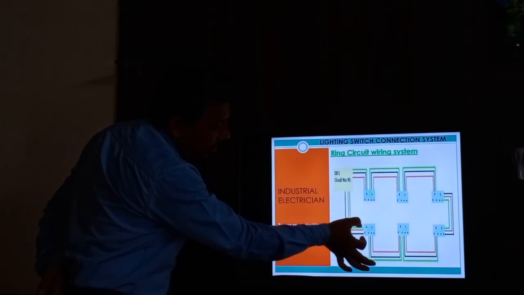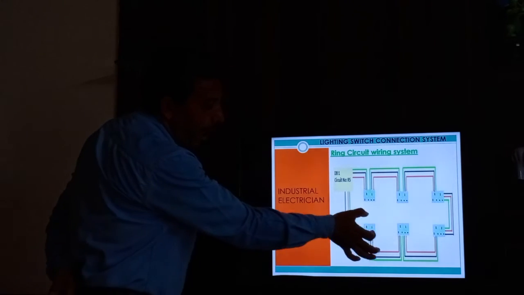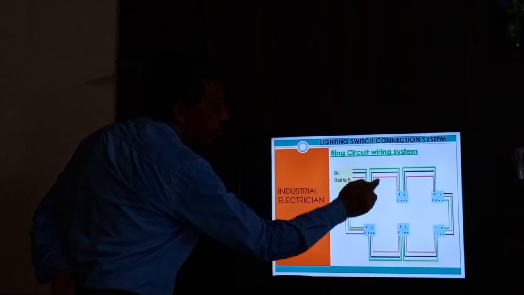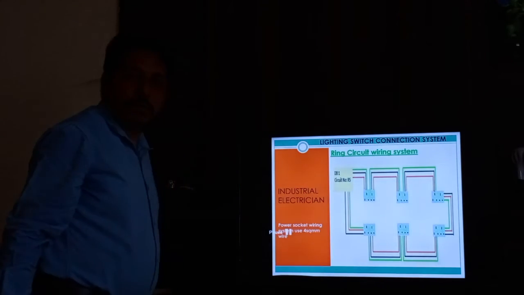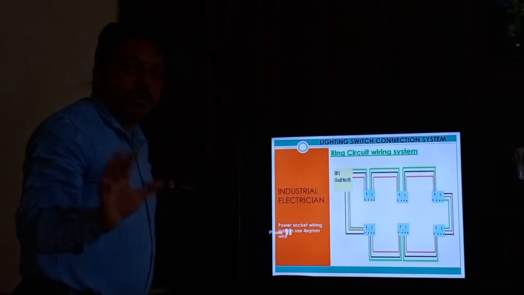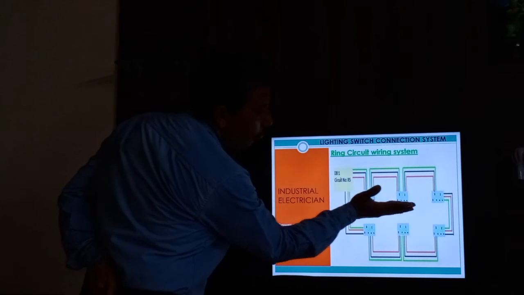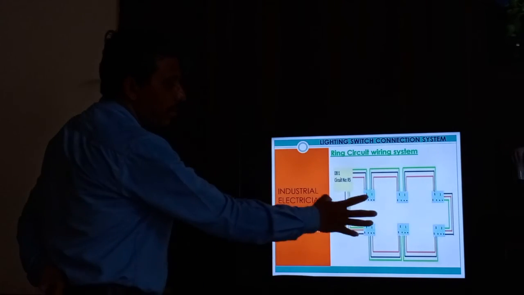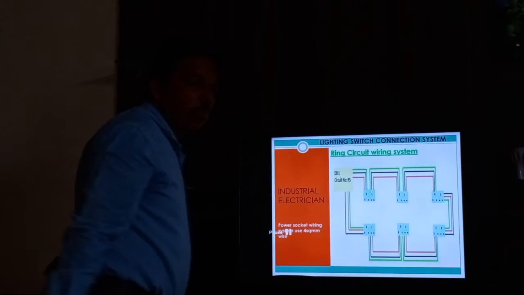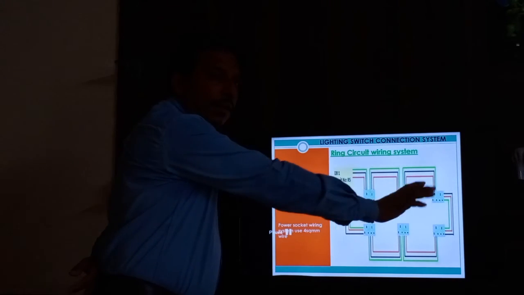Three wire is given on this side, and three wire on this side. This means balance of the load. Here the voltage is also running and here the voltage is also running, so this middle part is the center. So there is no issue for any one socket. All have equal power running. Each has it, so we can use the total six wire, with no problem of voltage and no problem of any other things.